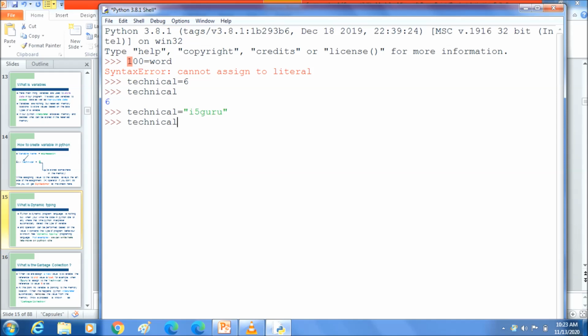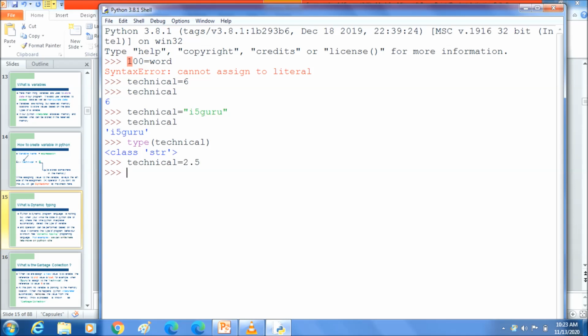Let's type here type of technical and press enter. When you execute the code, it shows class str, a string. A string is an object of the class. Suppose I take a float value and assign it to the variable: technical equal to 2.5.